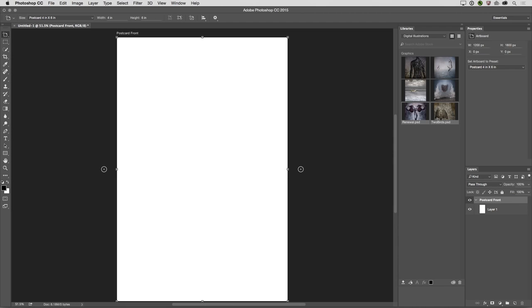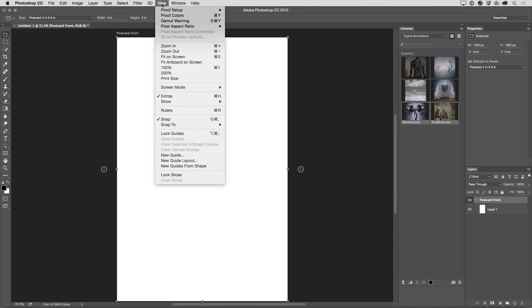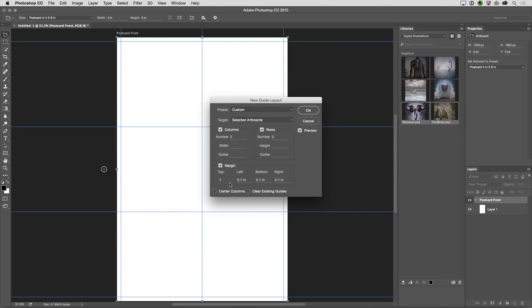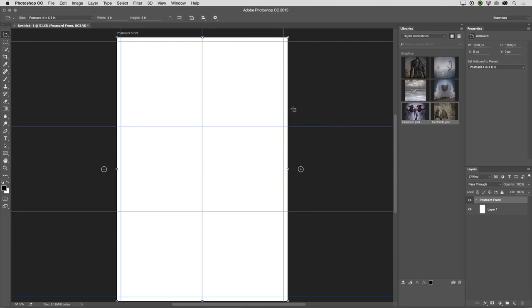All right, now, before I start designing this postcard, I'd like to add a few guides. So underneath the View menu, I'll choose New Guide Layout. You can see that I can target either the selected artboards, I can target all of my artboards if I want the guides to be the same for all of them, or I can target the canvas. In this case, I'll just use the selected artboard, and I want it to have 2 columns and 3 rows, but I want the margin to be even all the way around, so I'll add 0.1 inches here. All right, when we click OK, we can see those guides in our artboard,